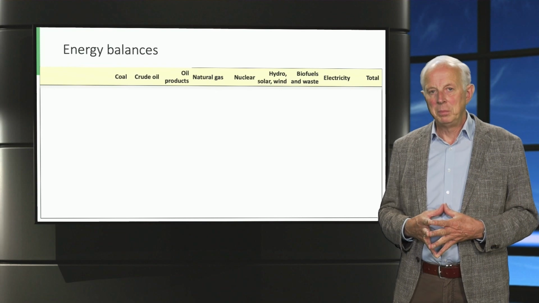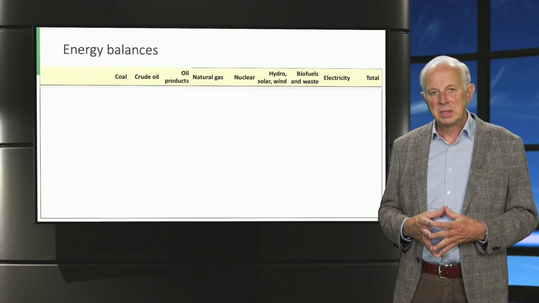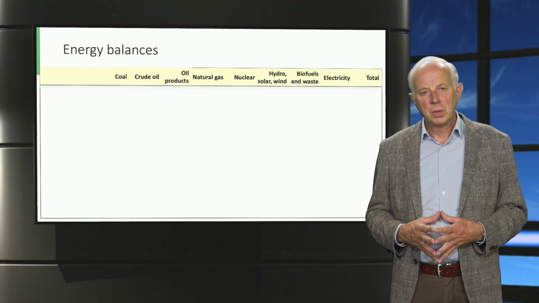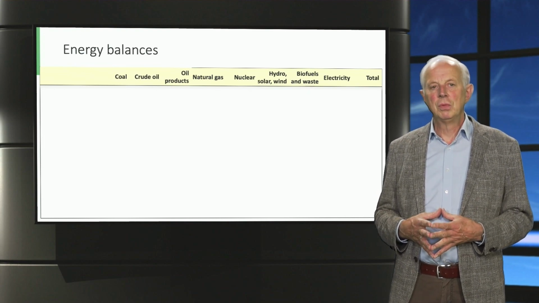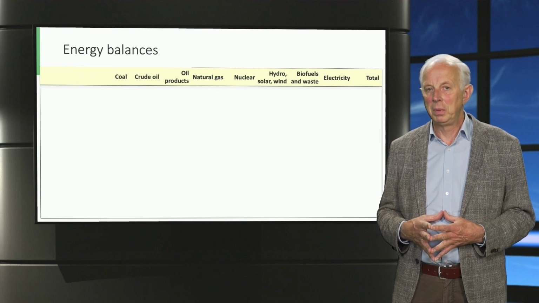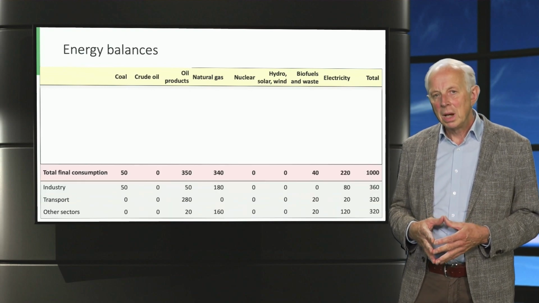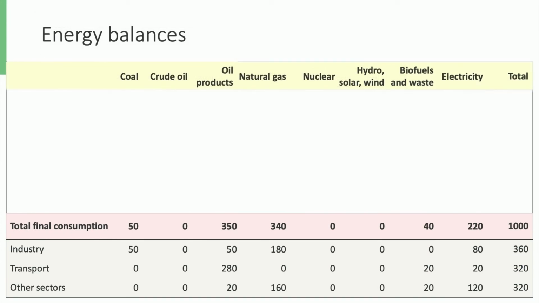Let us now look a little bit more in detail. The energy balance takes the form of a matrix, whereby each row represents a sector and each column an energy carrier. In this slide, we will slowly build up a simplified example of an energy balance. We start with final energy use, and now it's broken down by sector. You can see rows for the industry and transport sector. Others have been combined in this example. The values show the breakdown by energy carrier of final energy use in these sectors. Together, these values sum to give the total final energy consumption for each sector that you see in the red colored row.